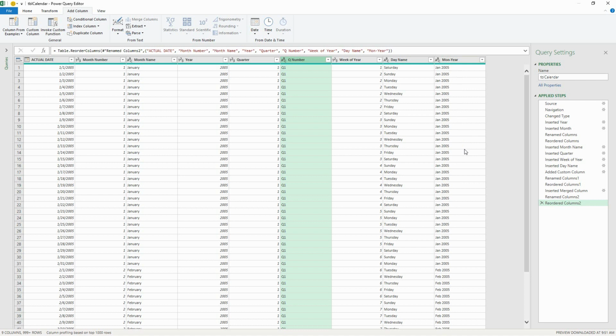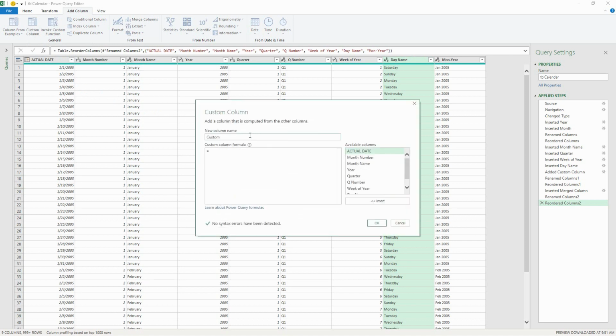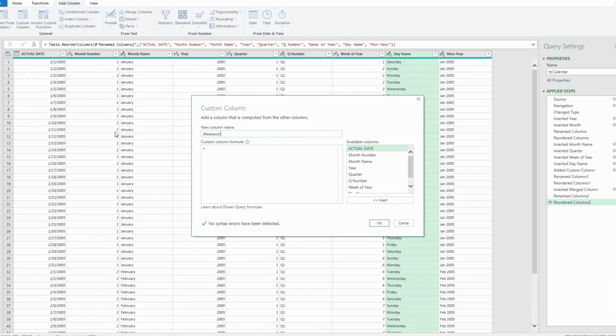All those are good. But what if now we have something we need to derive from what we've already got? So for example, here's a good one. I have the days of the week, Saturday, Sunday, Monday, Tuesday, but what if what was really useful to me was weekends versus weekdays? Ooh, okay. Well, I could get that because Saturdays and Sundays are weekends, right? So I can take this, add a custom column up here, and I can add some logic that says, is it a Saturday or Sunday? Click on custom column. I'm going to call this weekend weekday